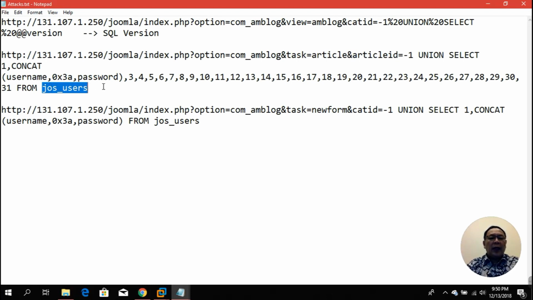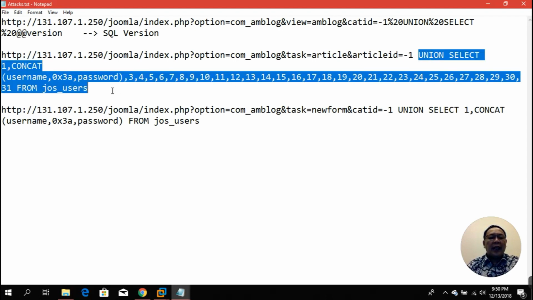This is actually created by default by Joomla during the installation. Okay, so you can see the result of our exploit script,